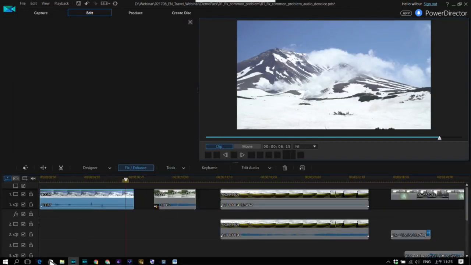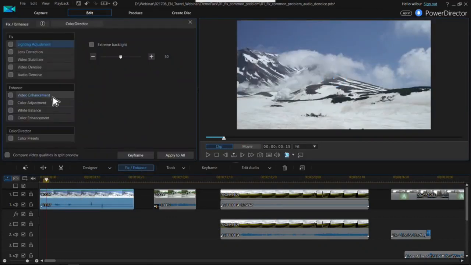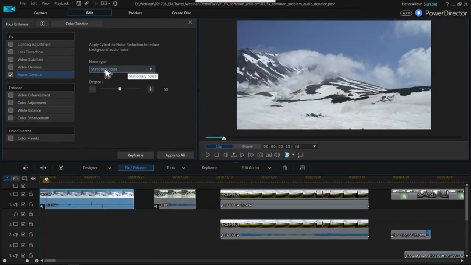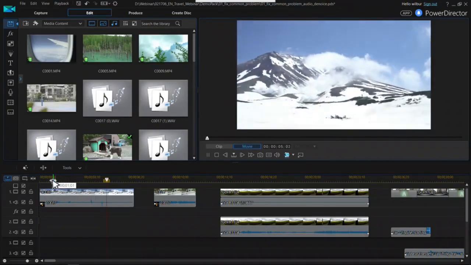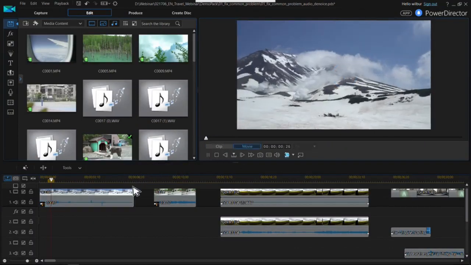So you select the footage and go to fix and enhance. There's audio denoise here. You select this one, and stationary noise is just plain white noise. But now we're going to fix the wind noise. So we can select wind noise, and you can also select what kind of effect you want to apply. You can set a degree here. Now you can just play again. Okay, so you can see that the wind noise has been reduced,